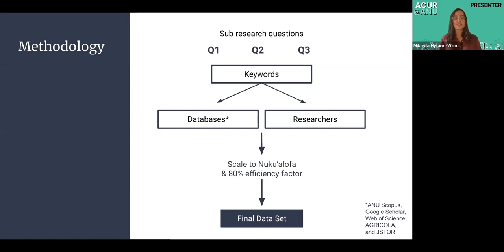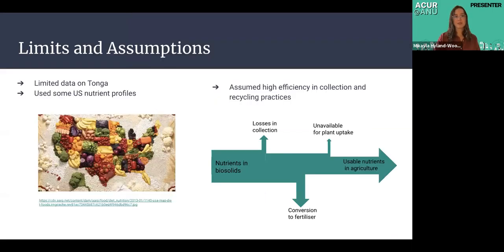Using keywords in relevant databases continued for the remaining 2 sub-research questions. It became clear as my research went on that Pacific nutrient profile research was limited, and Tonga was no exception. Profiles from the United States were often used instead, which actually reflects the modern Tongan diet pretty well in terms of high sugar, high carbohydrate, and high preservative foods. Although this is a justified assumption, it doesn't reflect the true Tongan nutrient profile, which exposes a gap in the